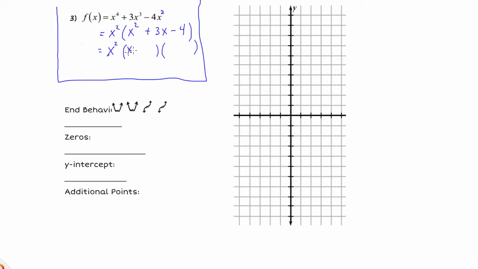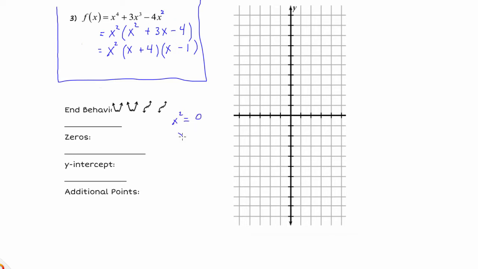All right, so we have an x here and here. The -4 tells us that one of these is going to be positive, one is negative, and I need two numbers that multiply to 4 and add to 3, so this one is going to be a 4 here, and a -1 right there. All right, so each of these is going to give us some zeros. Now, and this does still give us a 0. So for all these, you need to set this. So this factor is, we're going to set